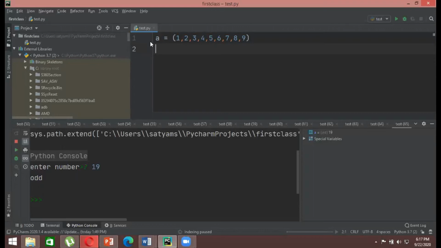What I want my Python program to do is run that particular program on this tuple to calculate whether numbers are even or not, and then give me a final output saying that in this particular tuple, this many numbers are odd and this many numbers are even. How would I do that?